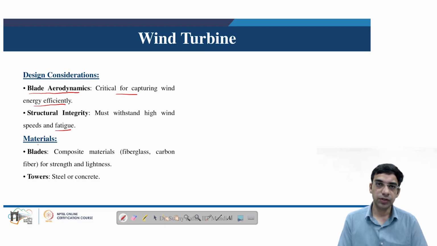The materials which go into manufacturing of the wind turbines, as discussed earlier, are lightweight and high strength materials. Composite materials, in particular polymer matrix composite materials with reinforcement in the form of fiberglass and carbon fibers, are very popular, because once we combine the fiberglass, also known as glass fibers, and carbon fibers, we can expect high strength and stiffness from the composite materials.